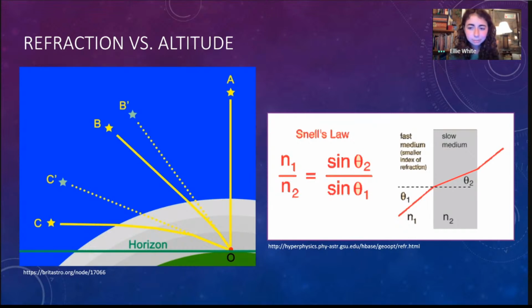What that basically says is if you're pointing directly perpendicular to the interface between a thick medium and a thin medium, say the atmosphere being the thick medium and outer space being the thin medium, then there's no bending. But if you point at an angle that is not perpendicular to that interface, then you're going to get more bending. So the further you point towards the horizon, the more refraction you're going to have, and the further away the image you see is from the real position of the star.